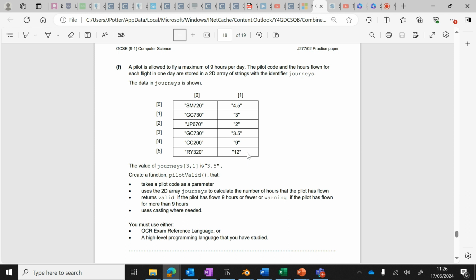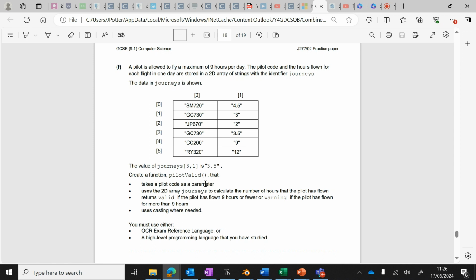And what we want to do is make a function, which has been named pilot valid, which will take the pilot code as a parameter, so one of these, and it will calculate if the pilot has flown fewer hours than 9, and it will say valid if they have, so they're okay to fly. Or if they've flown more than 9 hours, it will say warning, which means that they won't be able to fly. And it says use casting where needed.